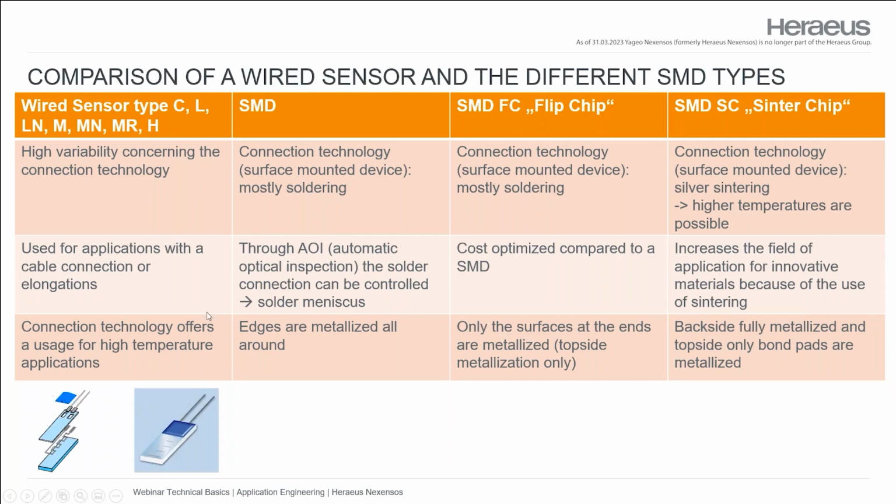Now we can describe a bit more the different types we could offer. In general, the most share of our production are wired sensor elements, and for sure there is a high variability concerning the connection technology. I try to explain a bit why we use different wires. The other thing is, you see, this is more or less, you can't see it because I don't use the, now you can see it's a kind of a sandwich system, and not only the wires